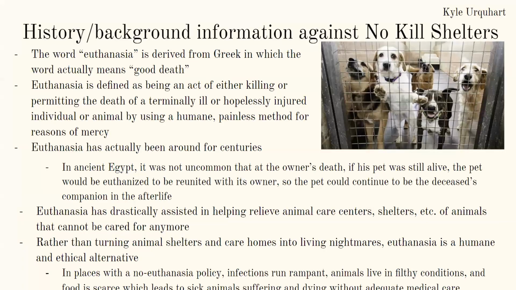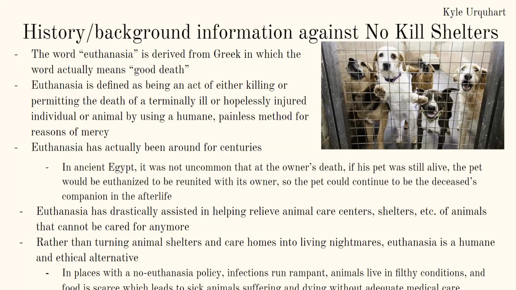So the first slide we're going to go over is some more history and background information against no-kill shelters. Like I said, the first part of our presentation went over all the aspects for no-kill shelters, and on this one, we're going to focus on the aspects against no-kill shelters. So, some history and background on it. A big part of no-kill shelters is obviously